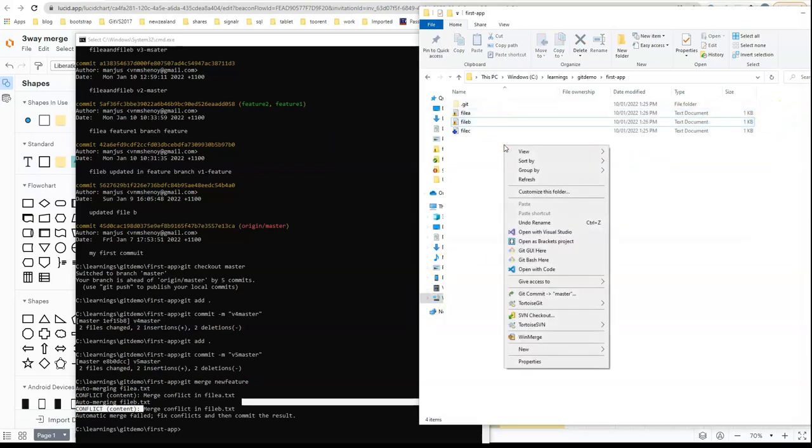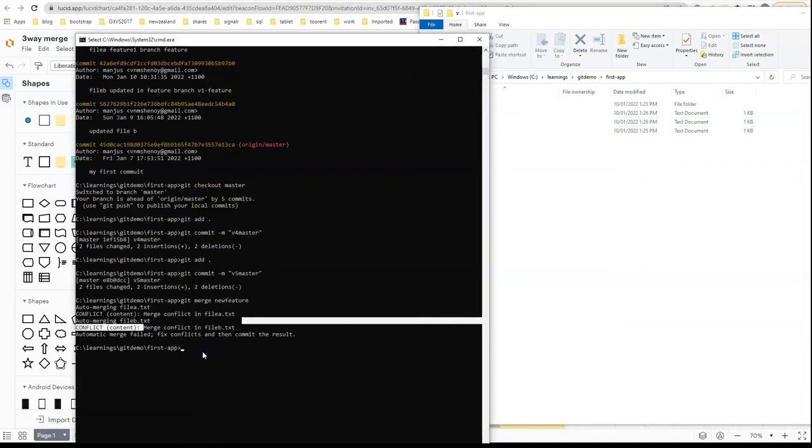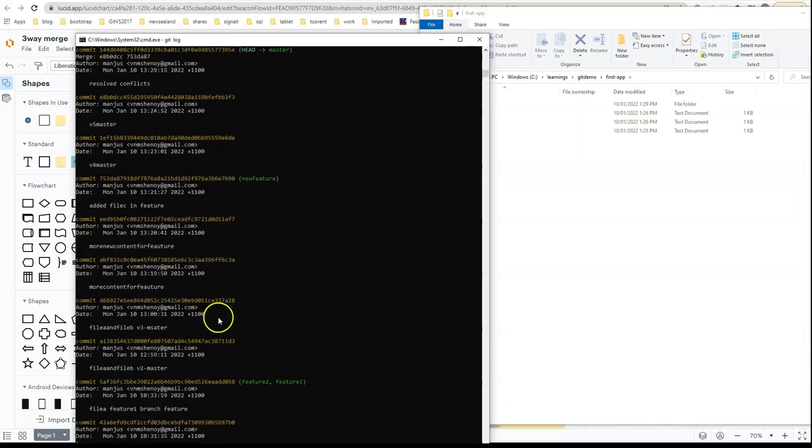And then basically I can resolve the conflicts. So after this, I will add all the files and say git commit -m resolved conflicts, right? And now if I check the git log,